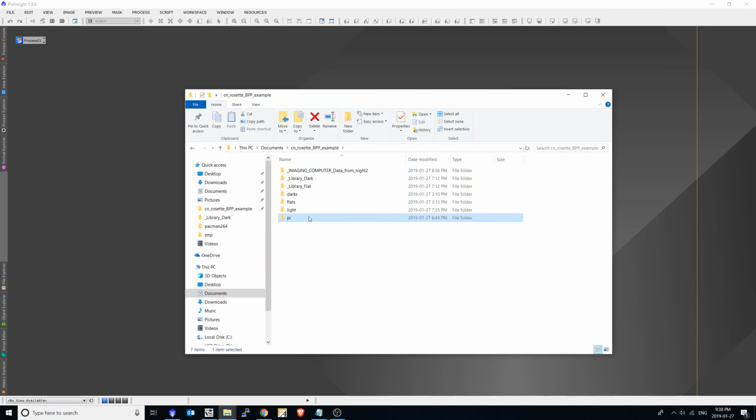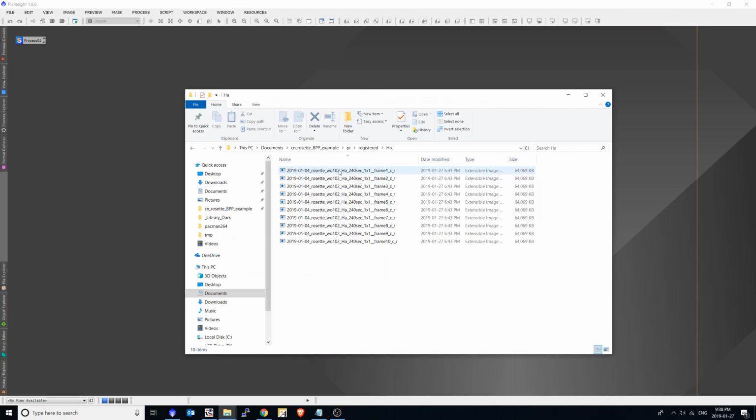So I'm going to go into the PI directory, go into the registered folder for the hydrogen alpha, and I'm going to choose the first image here. Now you can double check that this is a registered and calibrated file by the suffix of the file. You see here there's a C and an R that tells me it's calibrated and registered. And I'm in the hydrogen alpha and I want frame number 1. So I'm going to take that image, I'm going to copy it,